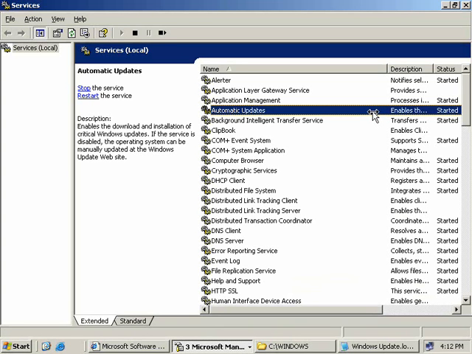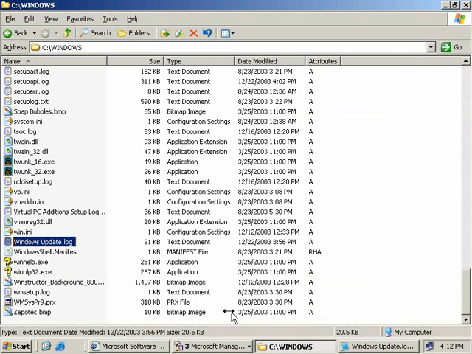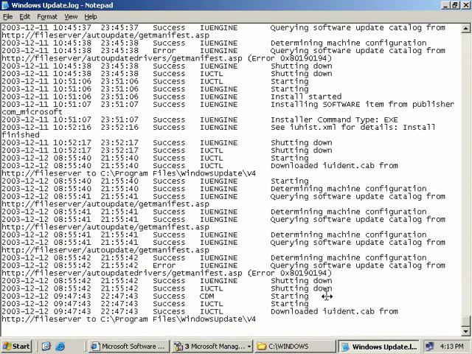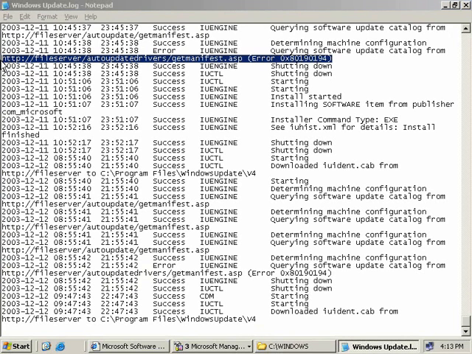Now finally, we should take a look at the Windows Update log. This is a plain text file which is found in your C:\Windows directory here. We can see windowsupdate.log. I've already opened it over here, so let's take a look at it. This log will display all successes and failures relating to Windows updates. One thing I do want to point out is this line right up here. We can see that we've actually got an error,